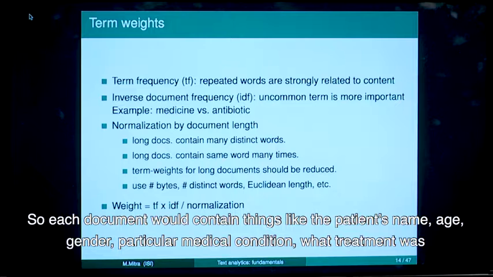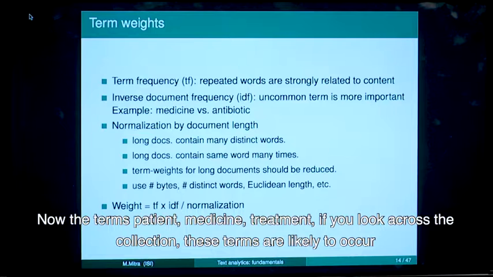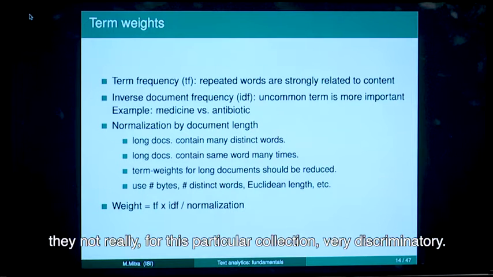So, each document would contain things like the patient's name, age, gender, particular medical condition, what treatment was prescribed, how the patient responded and so forth. Now, the terms patient, medicine, treatment, if you look across the collection, are likely to occur in almost all documents, and therefore, while they do convey some information about what the document subject is, they are not really